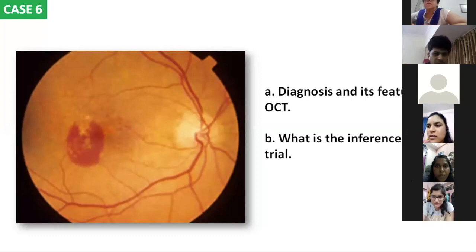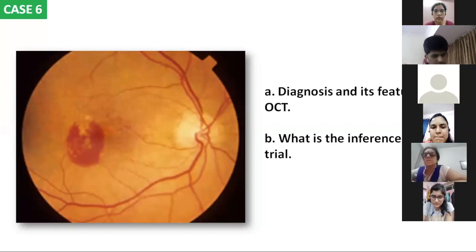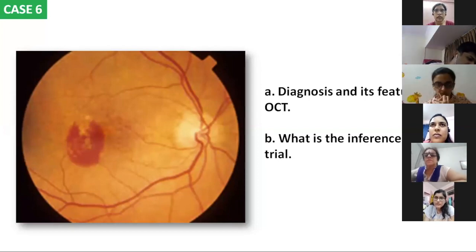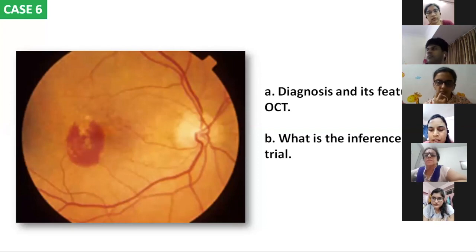So is it neovascular ARMD? Choroidal neovascularization. What do you see on OCT in such cases? There may be a hemorrhagic PED or an IPCV or a RAP. You are giving out diagnosis. He's asking features on OCT. You are giving differentials. The Bruch's membrane will be breached and there will be neovascularization and the RPE layer will be elevated. Okay.